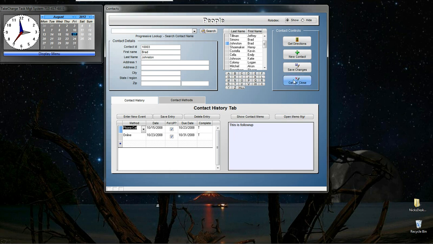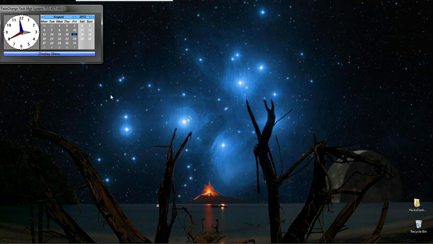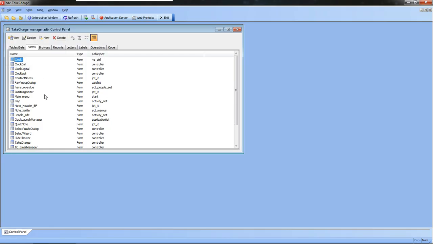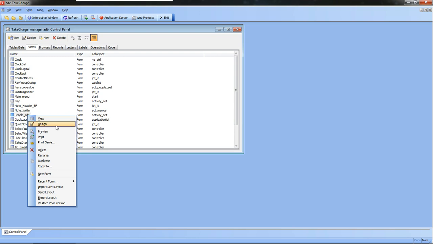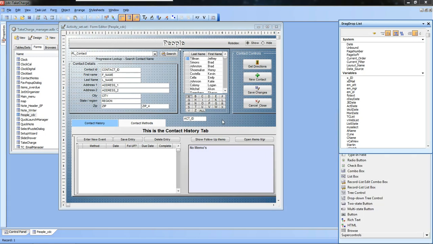So let's close out of here. We're going to go to our control panel. Now up to this point, we haven't done a whole lot of coding in Alpha software using xBasic, but that's going to change. First, we have an onFetch event on our form, which takes and finds if there's any activities assigned to the